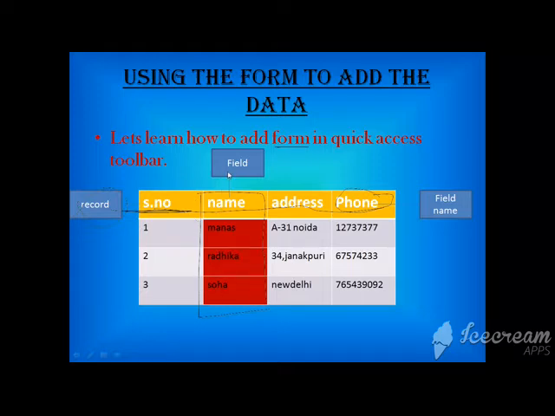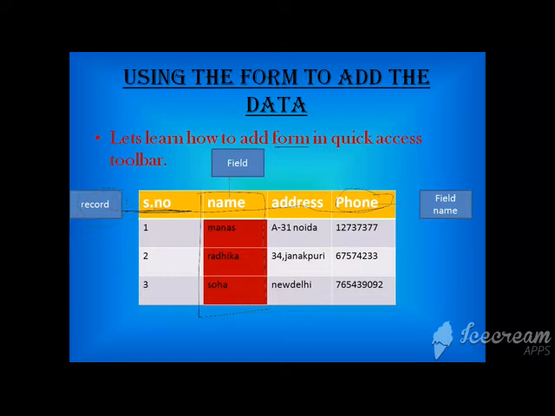That is called field. And the name in the field is called field name. Names written in the column, serial number, name, address, these are called field names. Clear?